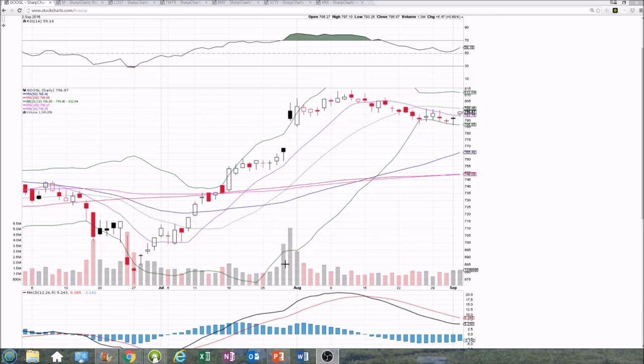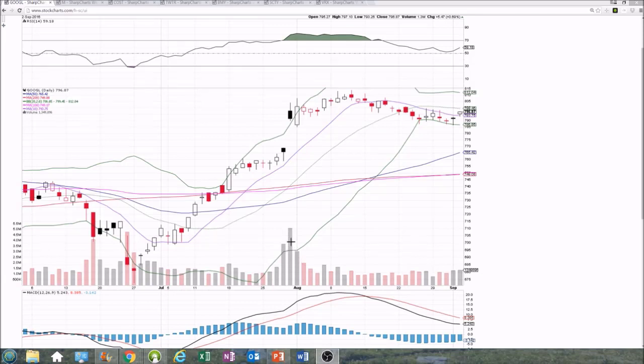Now, after that volume top was hit, the next day saw a decrease in volume. So that was a little heads up that the bulls might be tiring, and you can see following that, that was the high that we had hit, and then we pulled back for 3 days. So that decrease in volume was a signal that the bulls were getting tired and that we might see a